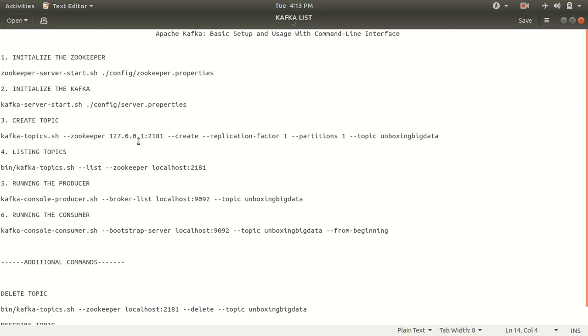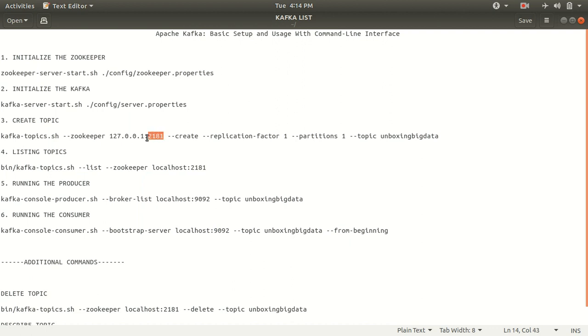So what does this command indicate? kafka-topics.sh. In all the three commands, one thing is common, that we are making use of a script file, right? Which is because it is ending with .sh. You will find all these files under the bin directory of Kafka home. Okay, first we are indicating that we have one parameter called zookeeper. As I already have explained, for proper functioning of Apache Kafka, zookeeper is important, right? And it actually listens on the port number 2181.